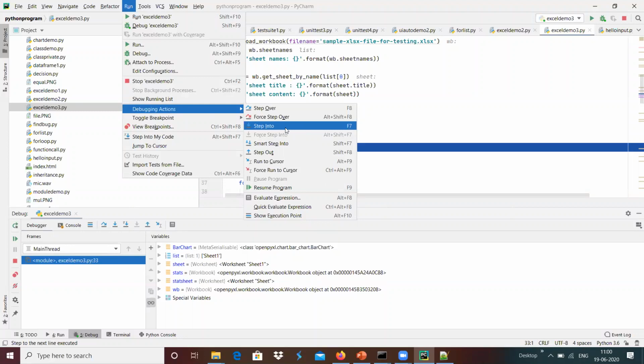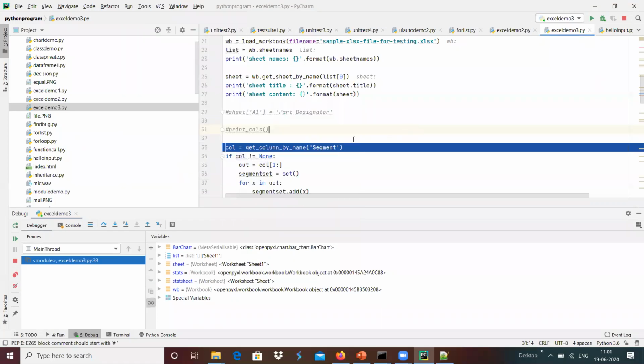It will get executed. If it has a function, similar to here, get_column_by_name is the function which we are calling over here.